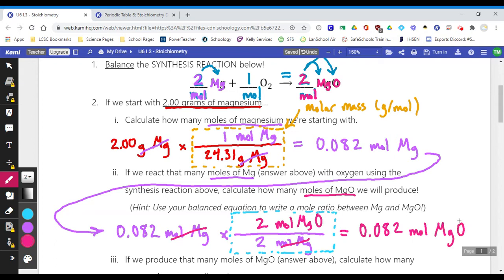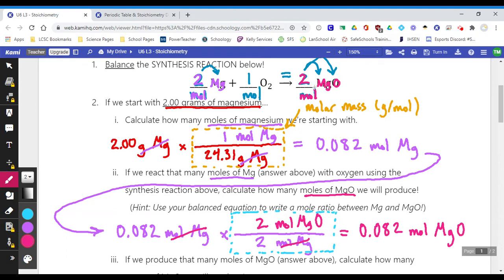You're going to be like, well, we got the same number. That can't be right. But it kind of will make some sense if we think of it like this. If we had exactly 2 moles of Mg, and we reacted it with oxygen, we should be able to make exactly 2 moles of MgO. Sure, they're going to have different masses, but the amount of moles, the amount of particles, is the same. So in this case, I don't have exactly 2 moles of Mg. I have 0.082 moles of Mg. So if 2 moles of Mg can make 2 moles of MgO, 0.082 moles of Mg should make 0.082 moles